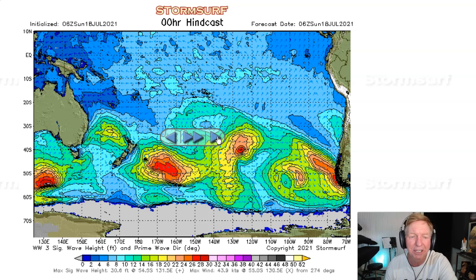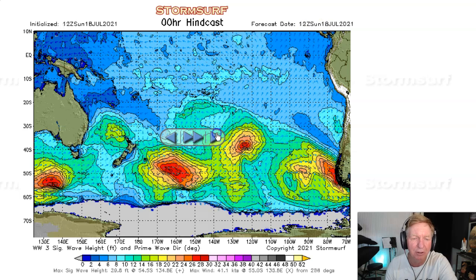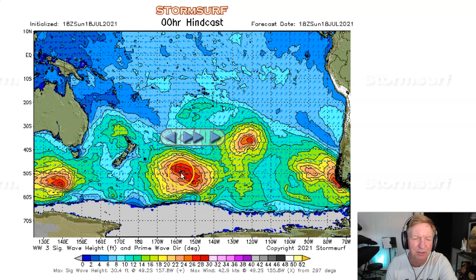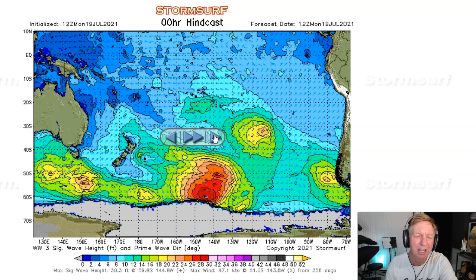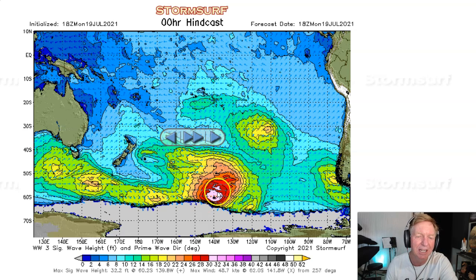All right, a week ago, Sunday the 18th, another gale formed off of New Zealand with 27-foot seas, but they were all aimed off to the southeast, building to almost 30 feet, still aimed that way. The fetch in there was pretty much aimed southeast, but then the gale redeveloped as we got into Monday with 30-foot seas. Again, this is all aimed off to the east, but a little bit of sideband swell should be expected up to